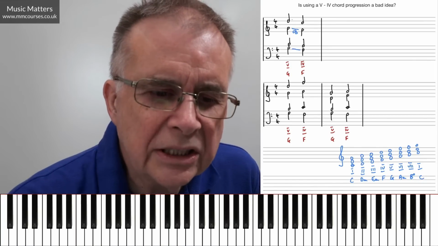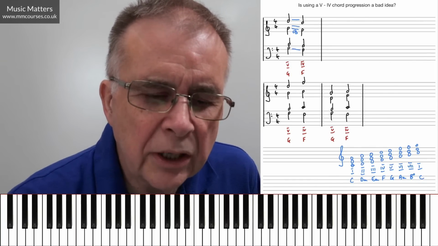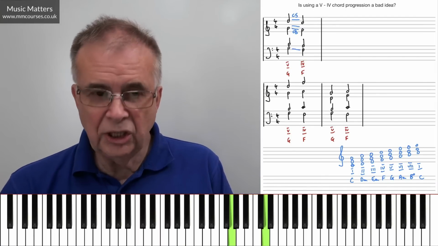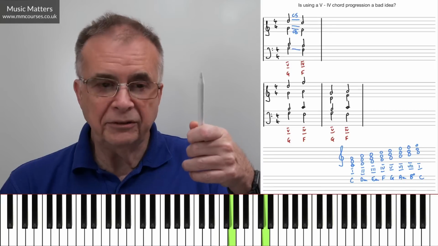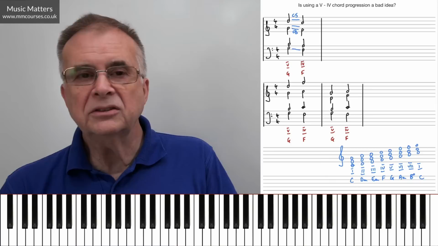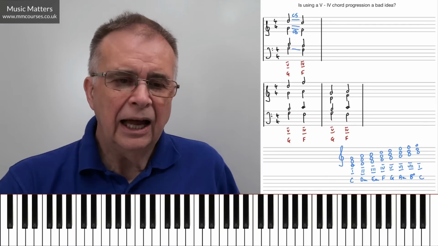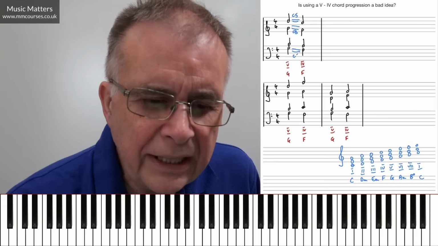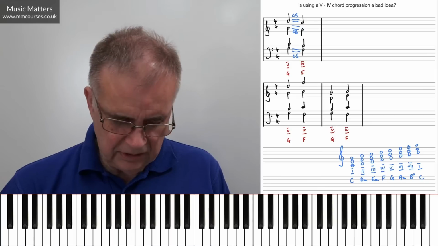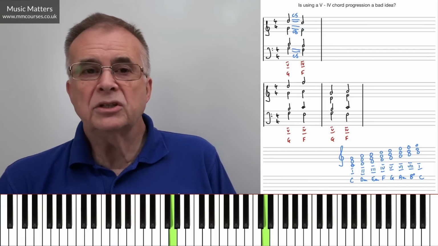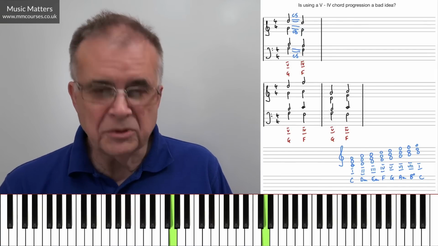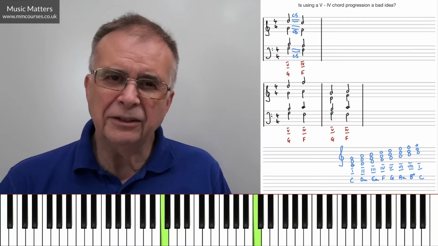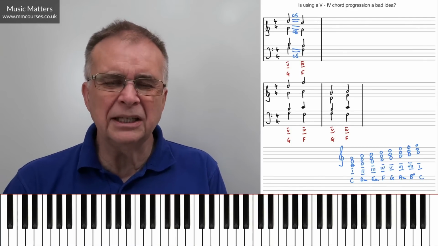I've also got consecutive fifths between the soprano and the alto part, because G to D is a perfect fifth, F to C is a perfect fifth, so I've got consecutive fifths. I've also got consecutive fifths between the soprano part and the bass part. So we've got this G to D again, even though it's an octave and a fifth, sometimes known as a compound fifth, it's still the same thing, followed by that other fifth. You can hear it sort of sounds a bit clunky, doesn't it?